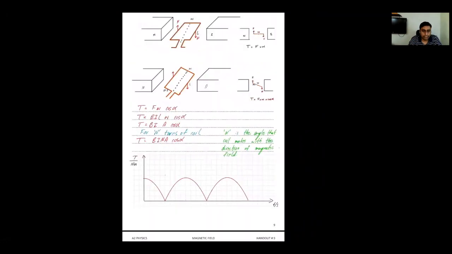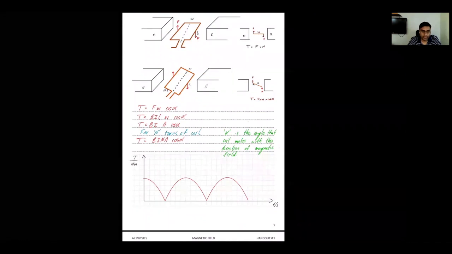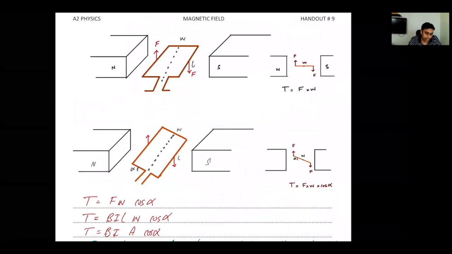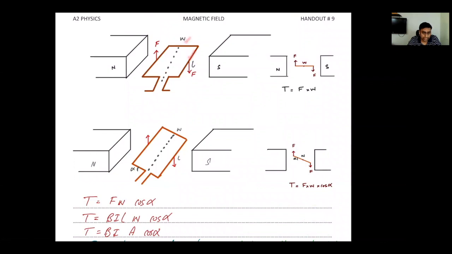Okay, so now guys, we've talked about that. We just need to do some mathematical formulas associated with them. So if supposedly I say that the width of the coil is W and the length of the coil is L, we've already said that the forces on the two conductors are actually forming a couple of force. It's a concept you did in AS physics. A couple of force is a pair of parallel, equal, and opposite forces which act in opposite directions.